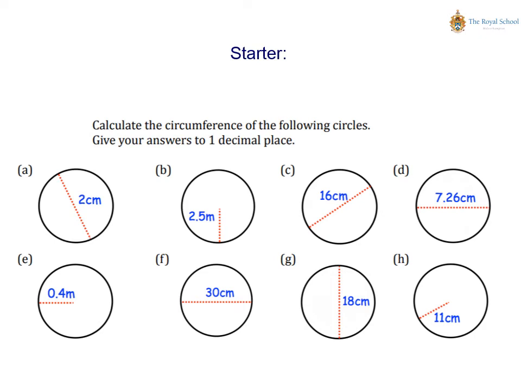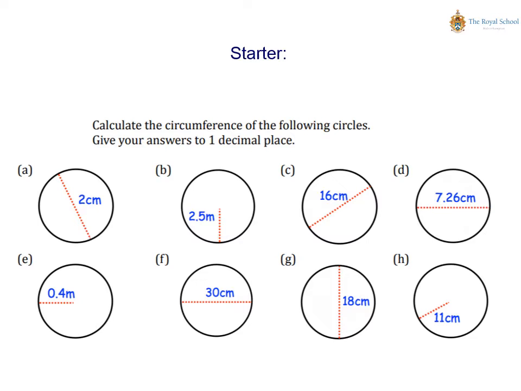So a starter today is going to be a recap of our previous lesson on circumference of a circle. Remember that the circumference of a circle is pi times the diameter. You're going to need to remember what the diameter or radius of a circle is, so look back at your notes if necessary. So I've got 8 questions here for you to be working out the circumference of these circles. Make sure you're giving your answers to 1 decimal place. This goes back to one of our first online lessons on rounding. So make sure you round those answers correctly here. If you want to pause the video then until you're ready for the answers,